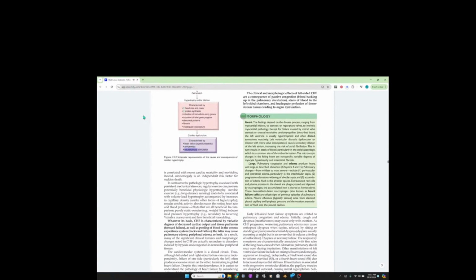In valvular heart disease, the increased pressure or volume overloads the myocardium globally. Increased heart mass owing to disease: hypertension, pressure overload, valvular disease, pressure and/or volume overload, cardiac work, wall stress, cell stretch, hypertrophy and/or dilation, characterized by heart size and mass, protein synthesis, induction of immediate early genes, induction of fetal gene program, abnormal proteins, fibrosis, inadequate vasculature, cardiac dysfunction, characterized by heart failure, arrhythmias, neurohumoral stimulation.